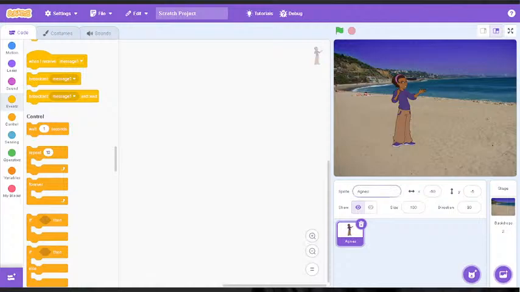You can call it Agnes. And then this has to do with position. If you check, I have the x-axis, y-axis. Then for size, I have 100. And then for direction, I have 90 degrees. Now you see that